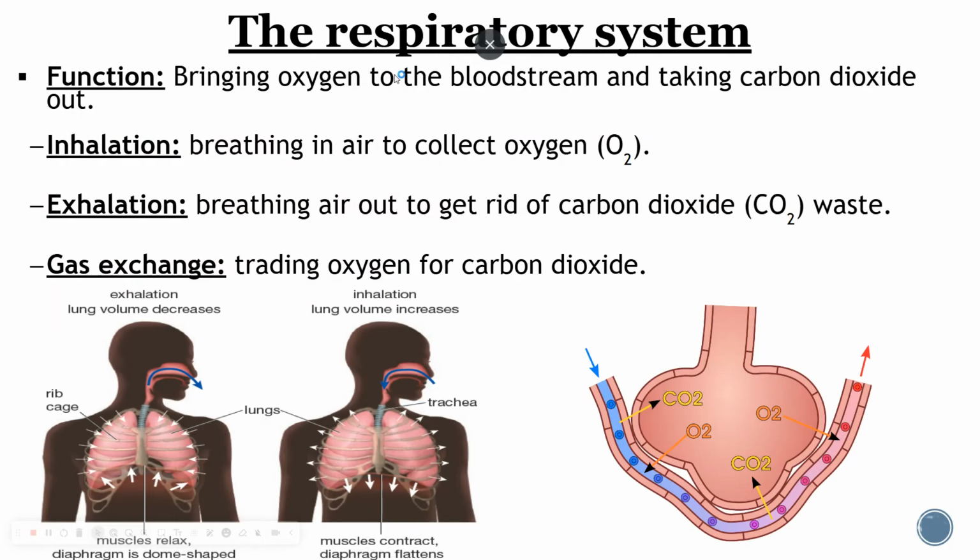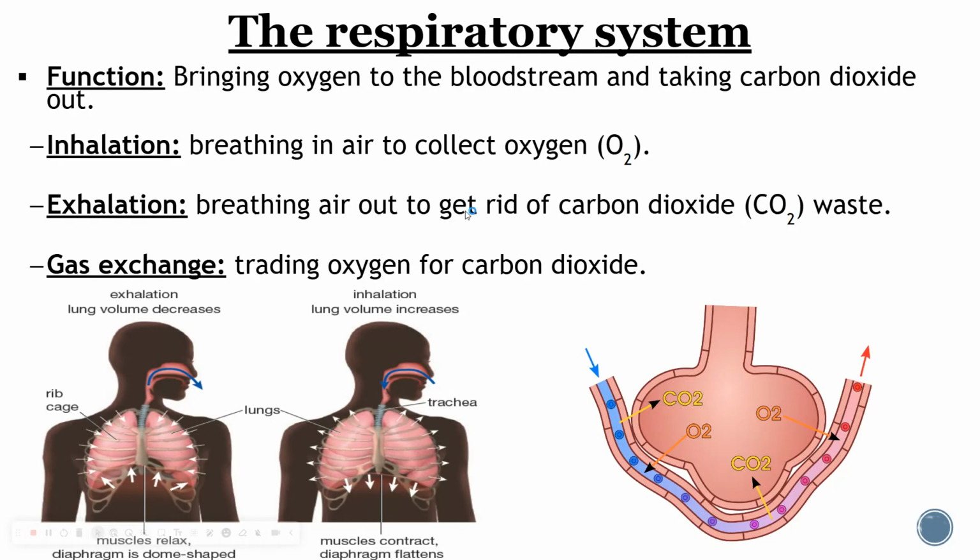So when we examine the respiratory system, we'll start with its function. The main function, meaning the main job of the respiratory system, is to bring oxygen into the bloodstream and also to get rid of carbon dioxide. So here you can see a part of the respiratory system. We'll see what it's called later on, but you can see that oxygen is coming in, going into the blood, and carbon dioxide is going out of the blood, and eventually you breathe that out. So you breathe oxygen in to give it to the blood to deliver all over the body, and you get rid of the CO2